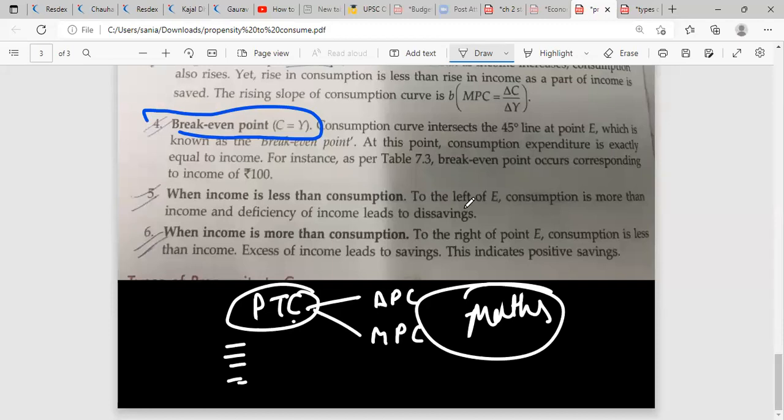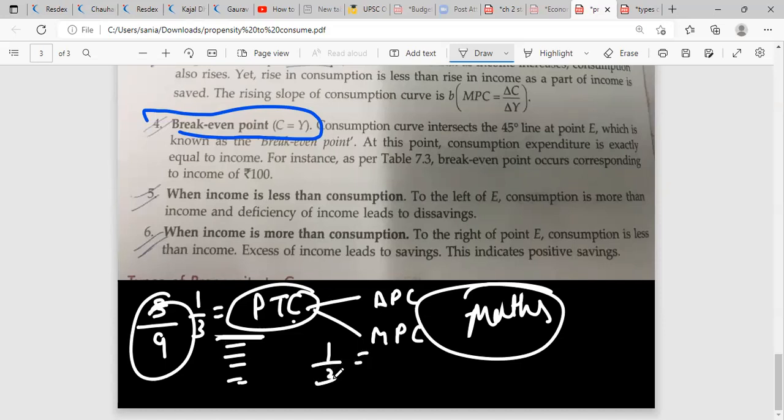So don't feel like, oh my god, what happened. Sometimes in the previous batch I asked them to divide a few things, for example 1 by 3, but I wanted the answer in point form, and they were unable to divide it. So no need to worry about how you will solve it. If you are not able to solve it, just tell me, ma'am, can you please solve it. I'll solve one, and the others you can do on your own. Clear?